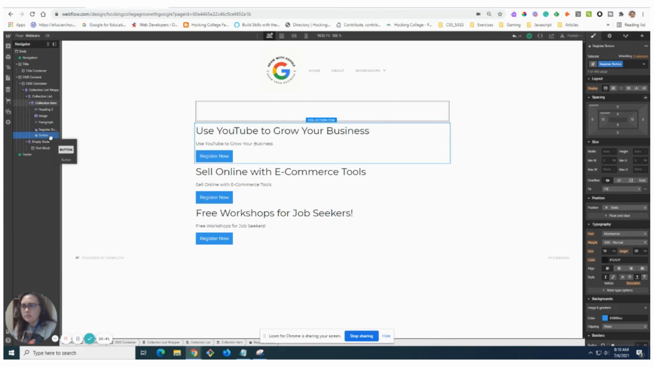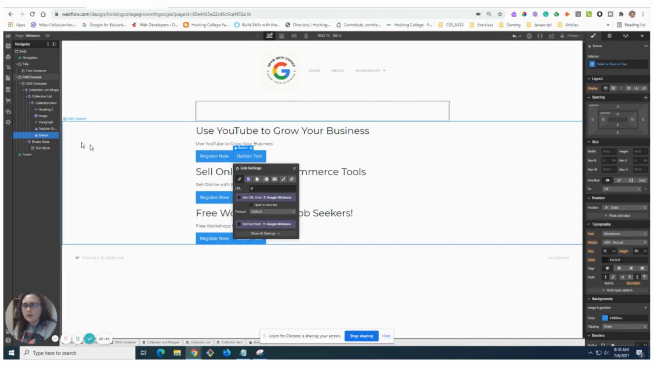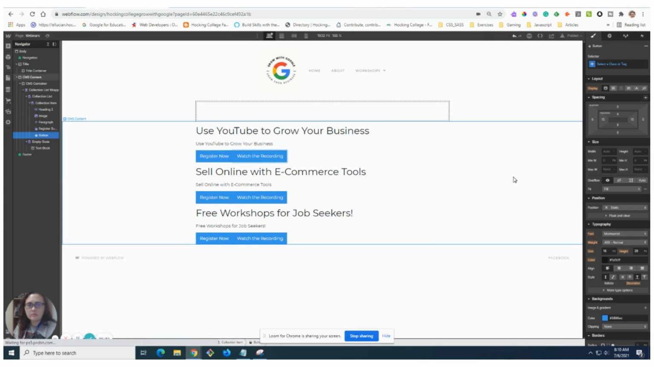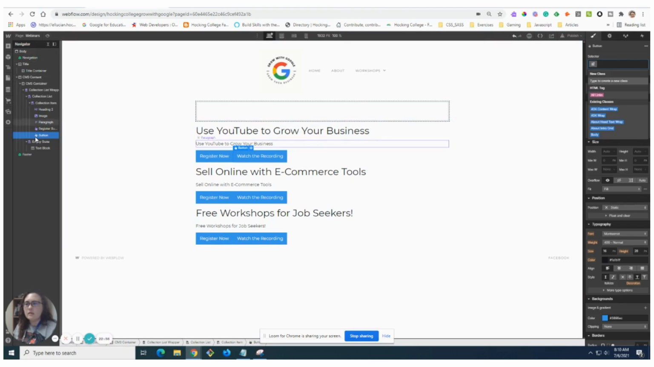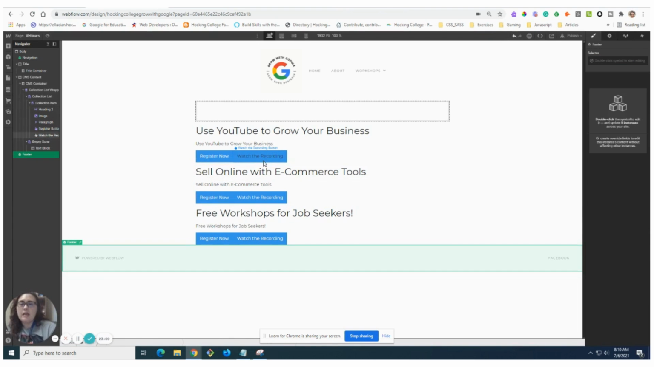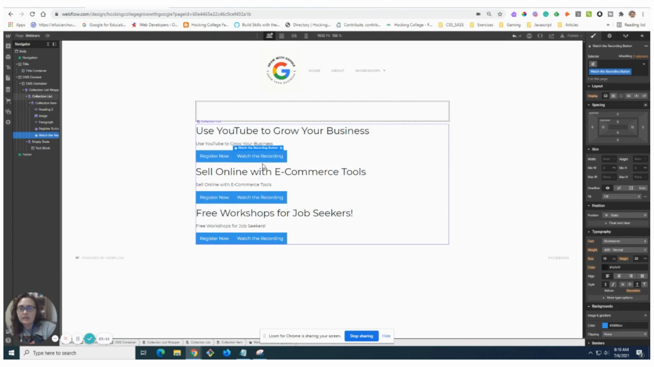Oh, stupid. There we go. All right. And let's go ahead and name this one, watch the recording. I've got this button selected right here on the far right. I'm going to name this watch the recording button done. Hit enter. Okay. And the reason I do that is whenever I am changing any kind of styling, which I'm